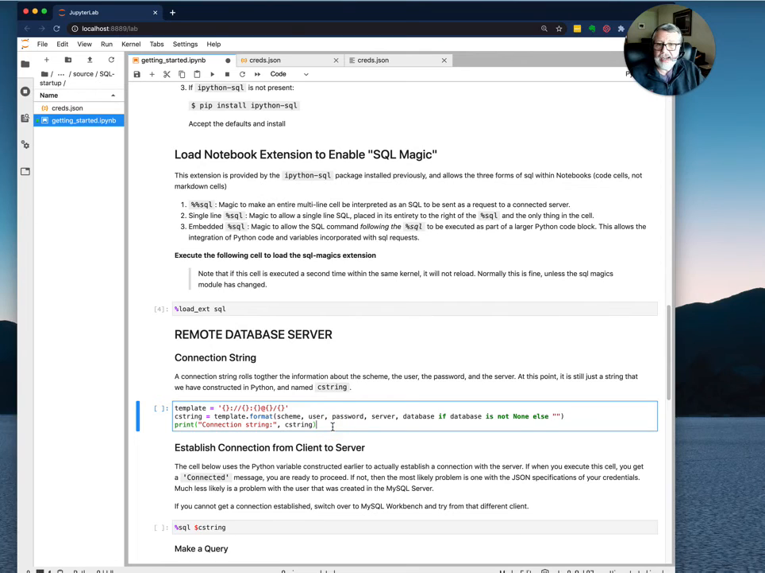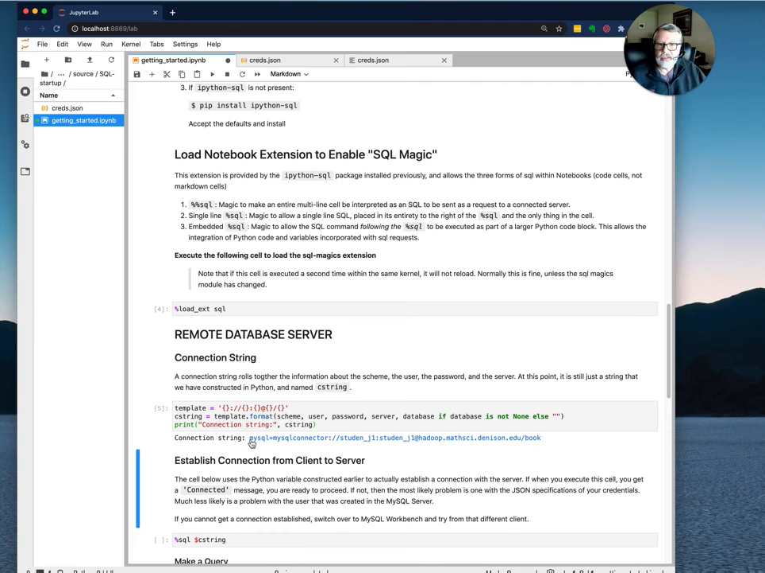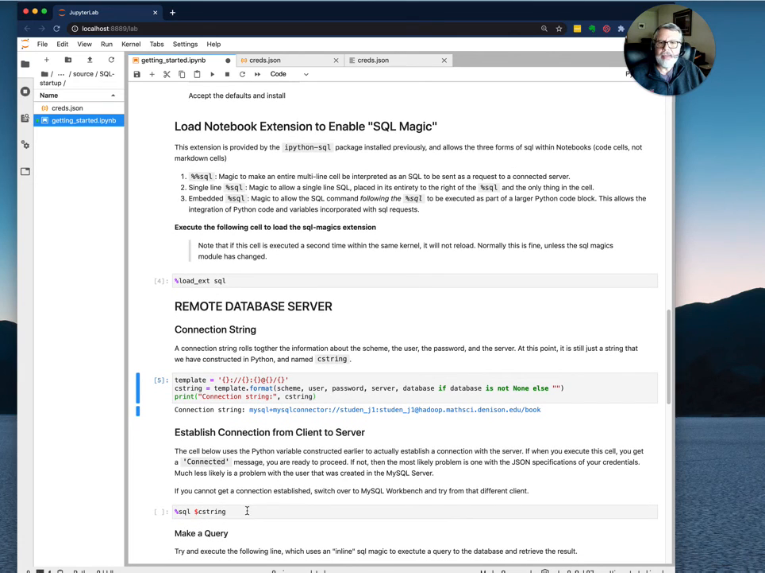And if I take a look and execute the connection string cell here, I see a connection string of MySQL plus MySQL connector, student_J1 at hadoop.mathsci.denison.edu/book. Yours will look the same except for the username and password, which appear in these two parts right here. Right. Like I said, I'm not going to be able to actually establish a connection to the server because we're not on the VPN. The last step I want to show you in this tutorial is what if you launch